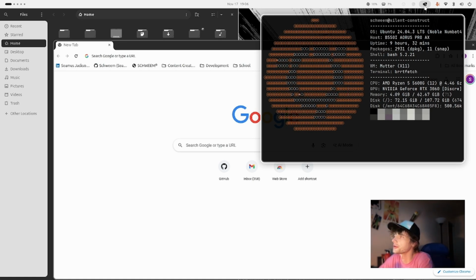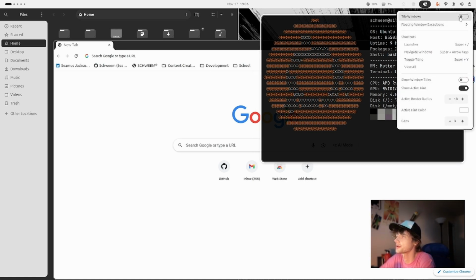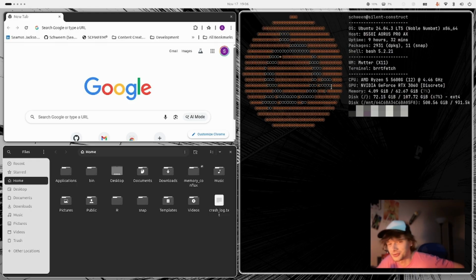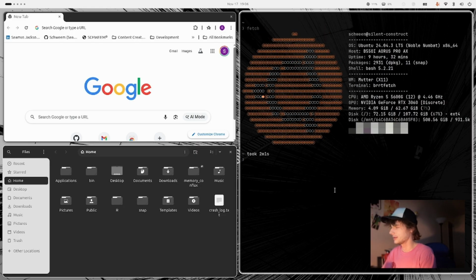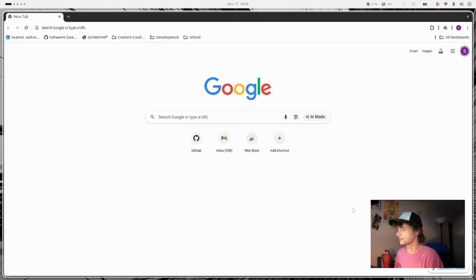But ultimately all that you're going to do with Pop Shell is turn on our tiling windows. And man, look at that. With the tiling windows on, instantly, I hope you can see the benefit here. We still have our Nautilus file browser from GNOME. We still have Google Chrome. We still have our terminal. Everything still works, but now it's tiled. And we've got our active window indication and everything is still there. And yeah, that's honestly Pop Shell in a nutshell,